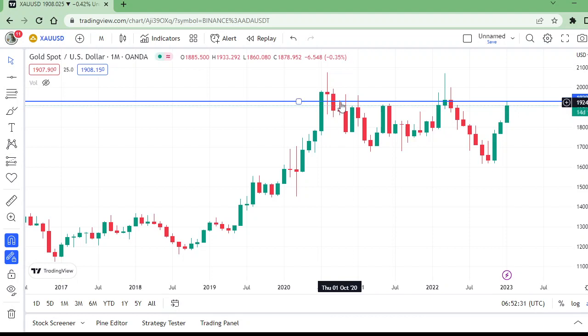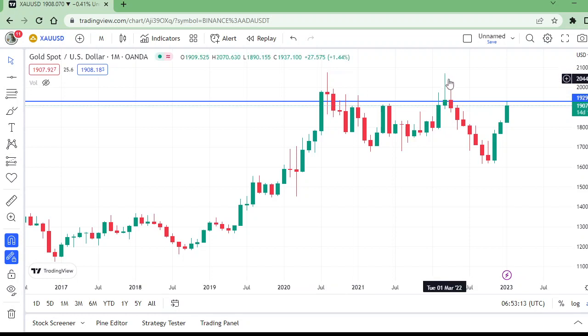Now this was the monthly resistance. Here also it went up. Previously it broke this resistance and went up. But after going up, we see that in these months, though they closed above this, this month closed below this. This month closed below this. This month closed below this. This month closed below this. Only this month closed above this, and this was a bearish month overall.